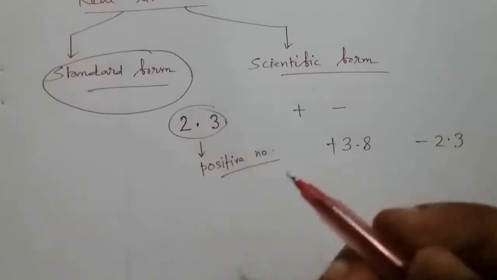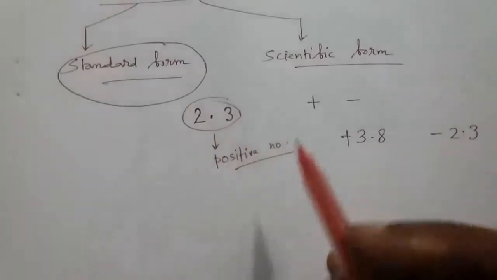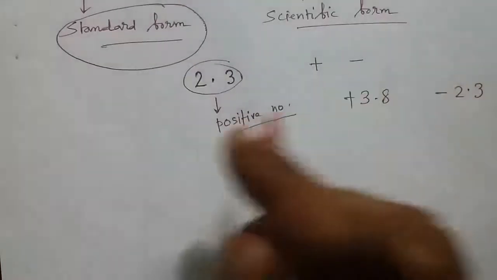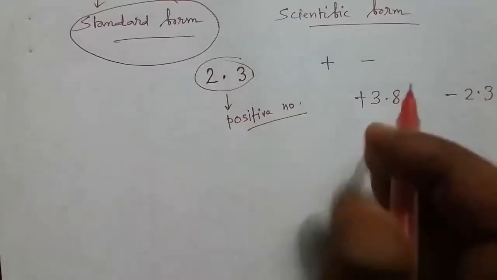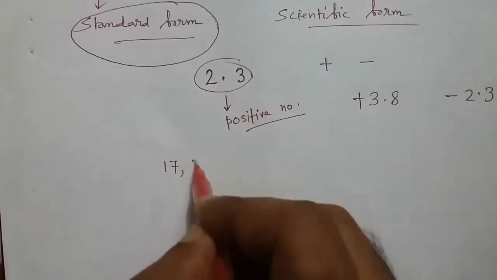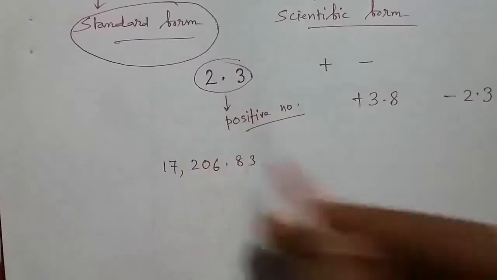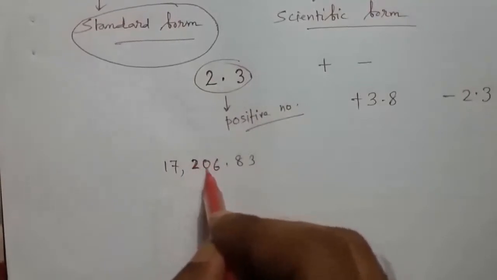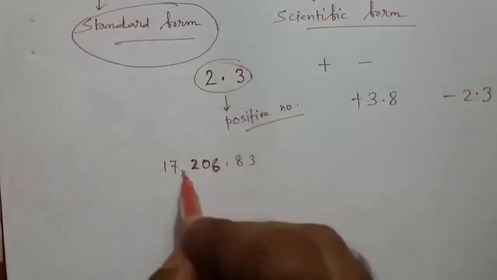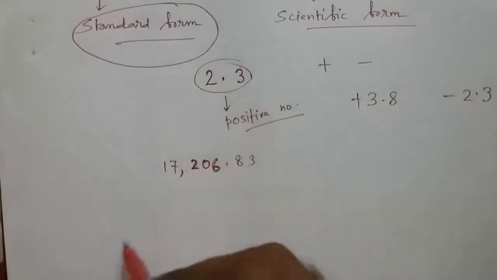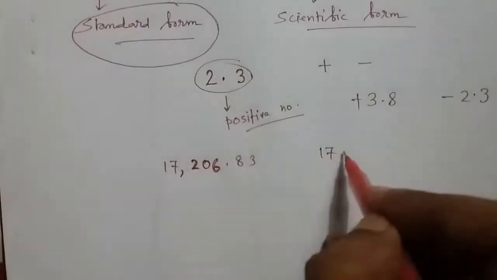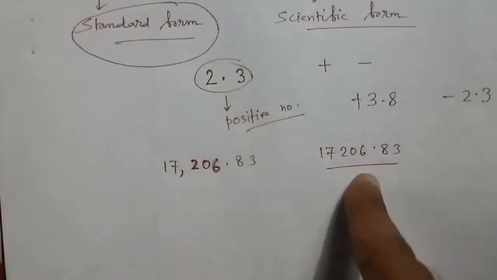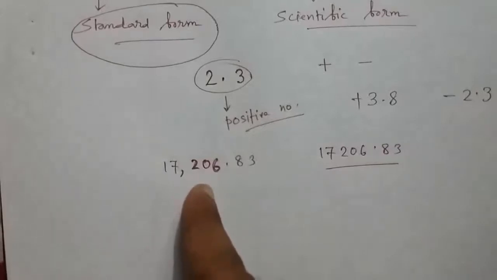Another thing is that commas cannot appear. Just like integer literals, commas cannot appear in the standard form of real literals. If I write 17,206.83, it is a fractional number used in solving mathematics problems, but in Java programming this comma is not allowed. We have to write 17206.83 without any comma. So this is the valid and the other is the invalid format. Okay,